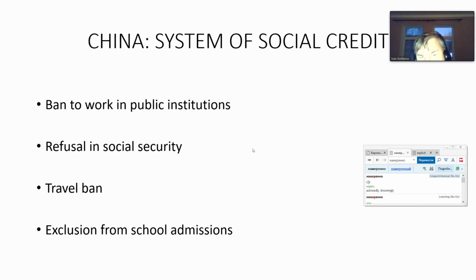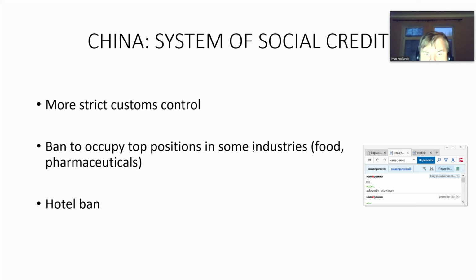If you don't pay debts, you will be refused a stay in good hotels, or you will be refused the right to buy expensive goods. It's quite normal. If you are not able to pay your debts, where do you find money to pay for luxury products? Ladies and gentlemen, do you understand it? Yes, but